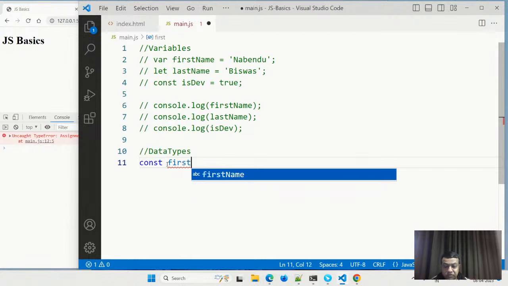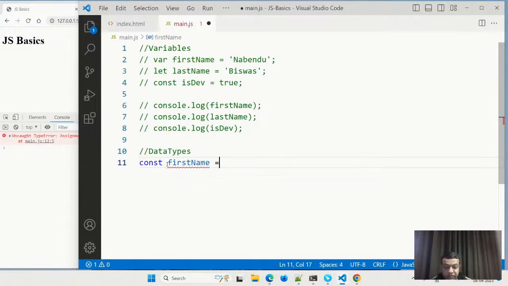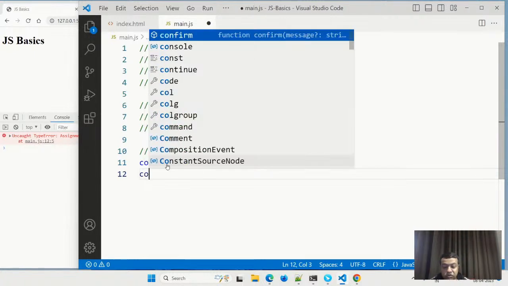So now I will do a first name equal to a string. Although JavaScript is a loosely typed language, I will tell you there are data types in JavaScript. Let us understand what the data types in JavaScript are.